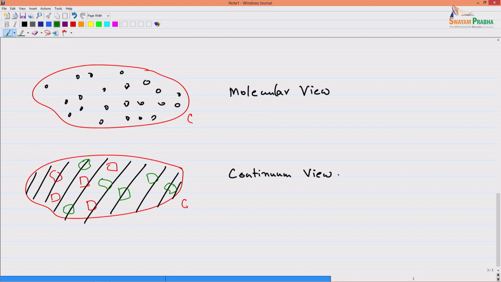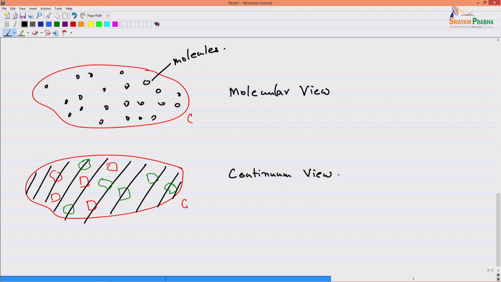And that is where the concept also comes in. So, this is the continuum view, okay. And in the molecular view, the small circles that I have drawn are basically molecules. Let me write that down. So, these are basically molecules, okay. Now, what are these small little boxes, the little domains that I have drawn here, right? This is where I am talking about a particle or infinitesimal element.